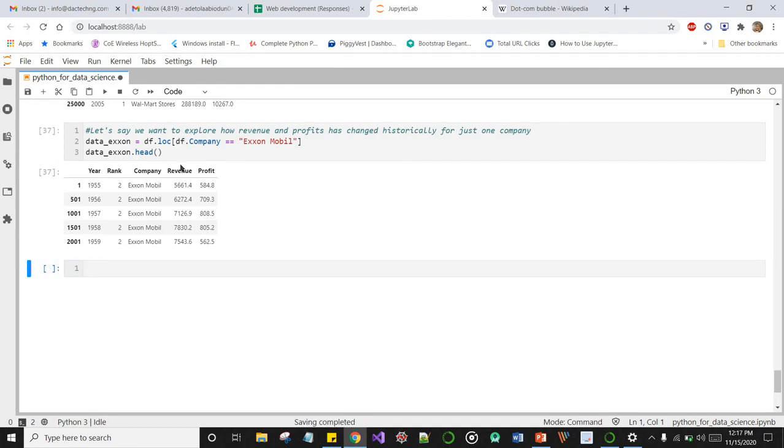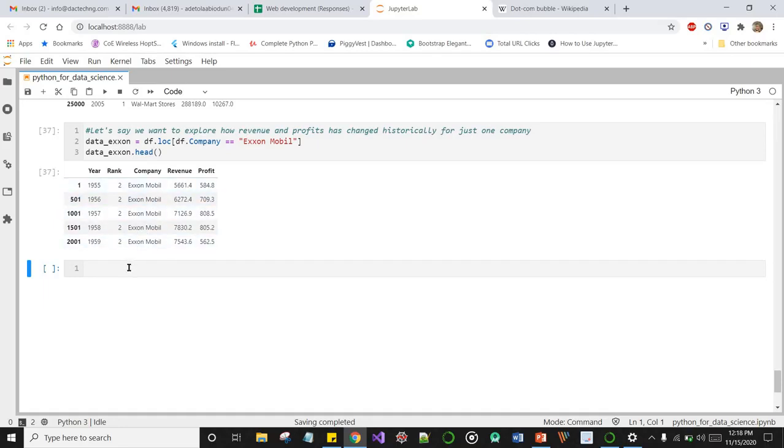Cool. So in our dataframe.head, these are the first 5 rows of our dataframe where the company name is equal to ExxonMobil. What this code does is select the company column, select the rows where the company name is equal to ExxonMobil, and return those rows. ExxonMobil is the keyword here, so everything you have here is just for ExxonMobil.